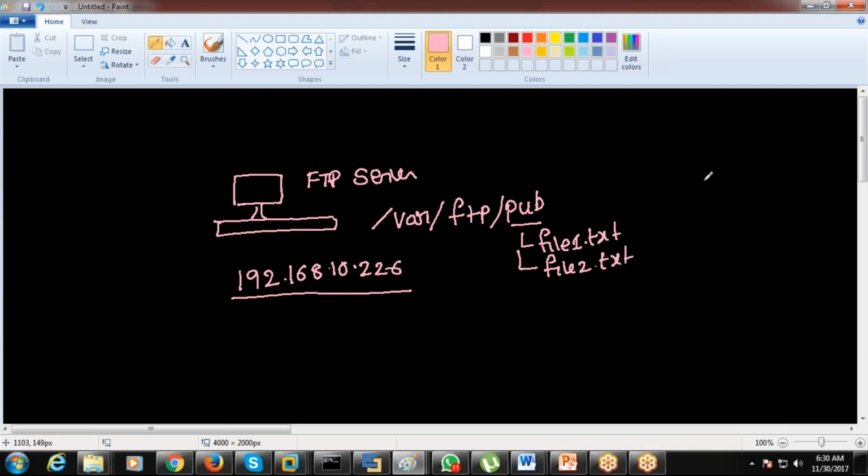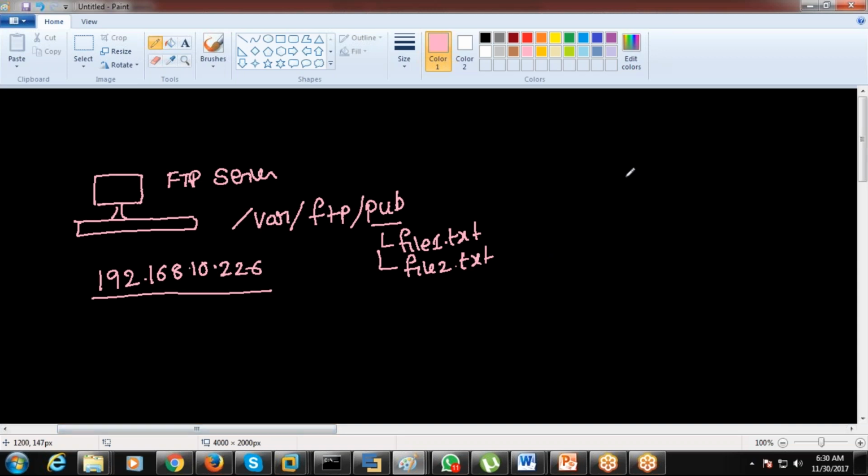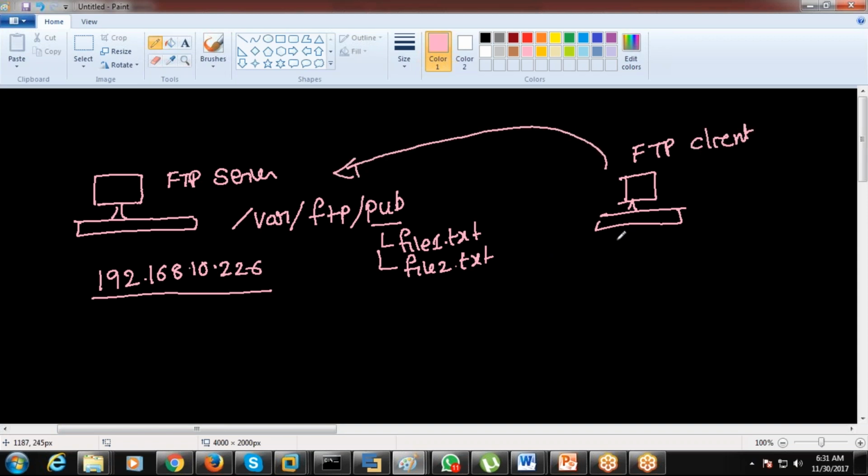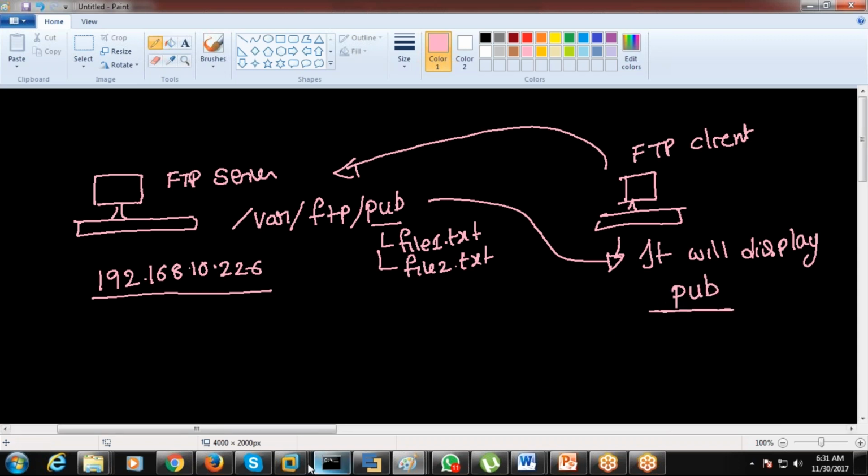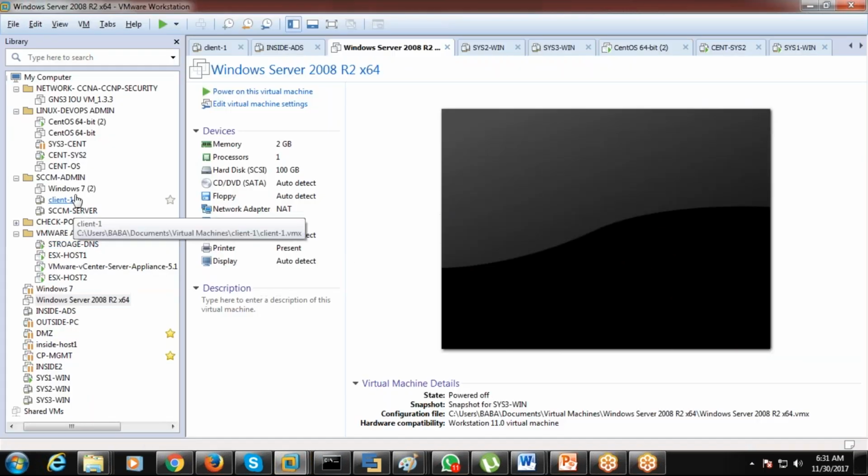So when you connect from the client machine, from any client machine, what will happen is it is automatically going to publish which directory? The pub directory. Pub means public. So now if you go to the client machine,